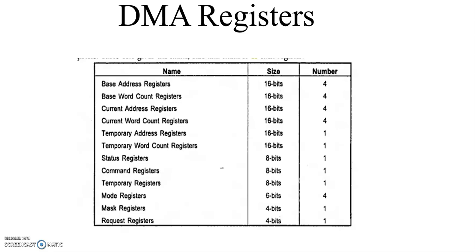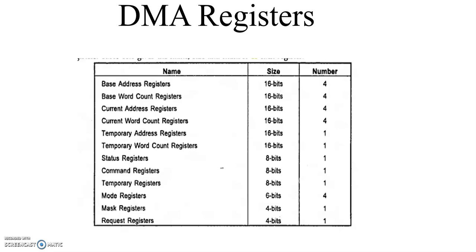During this decrementation process, we use the temporary register. Coming to the common registers, which are used for all channels, we will go through each register in general. The command is issued by the microprocessor to the 8237 DMA controller to tell how the 8237 channels are going to be used, by the command register, and the status register gives the status of the DMA channels.